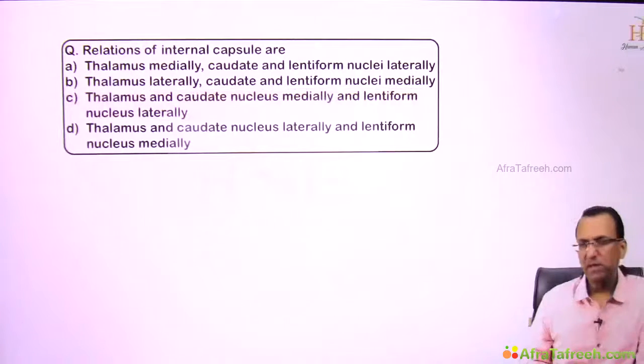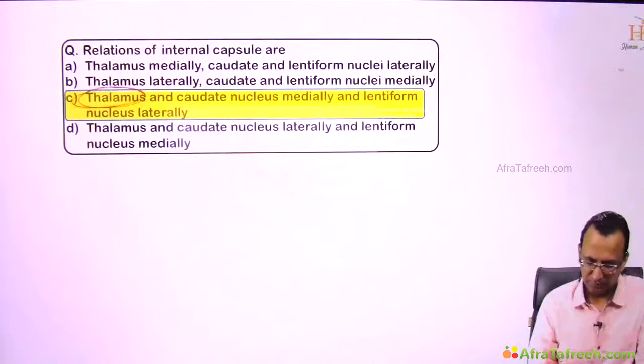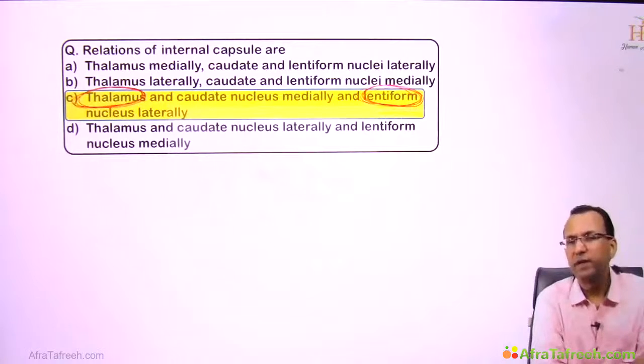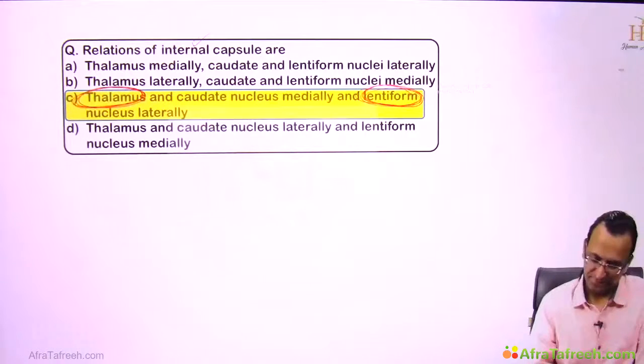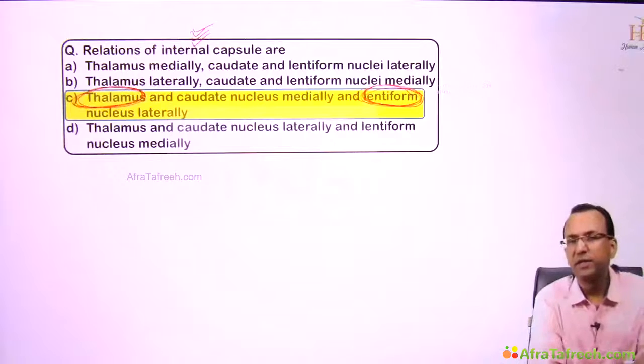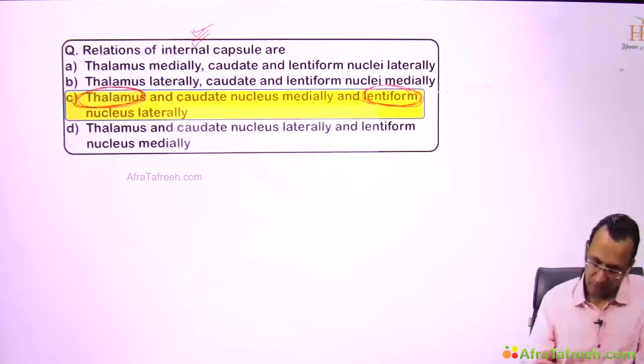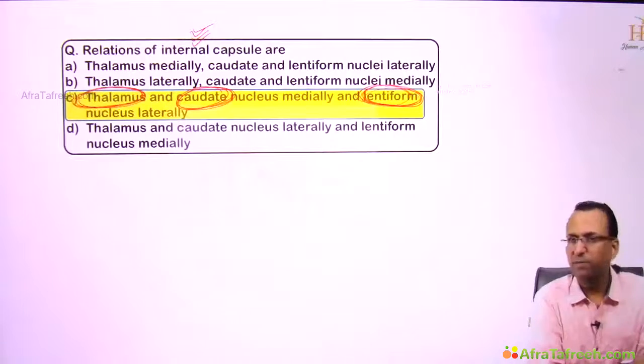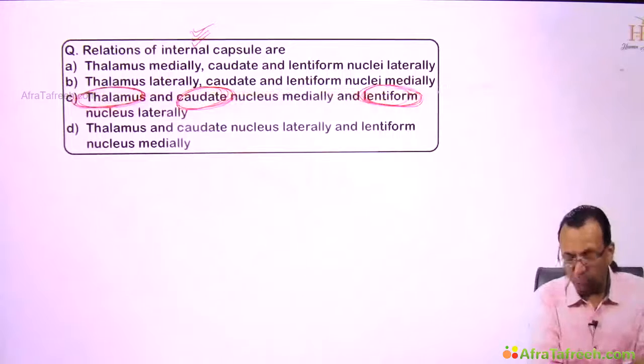Okay, if you say this is the answer, can you tell me one thing? What is between the thalamus and the lentiform? That was which limb of the internal capsule? The posterior limb. And the anterior limb is sandwiched between what? It is between the caudate and the lentiform. So this is the orientation which you already have, but keep the answer, and then you have to talk more about the internal capsule as you're doing.